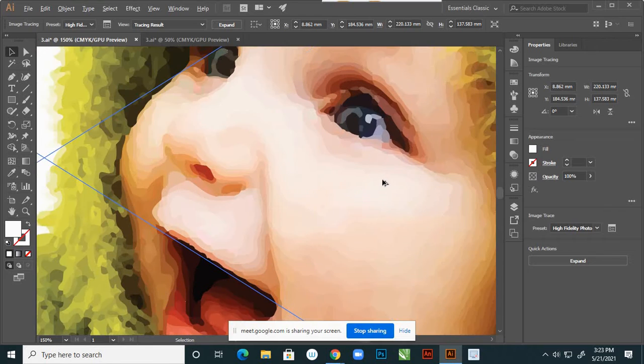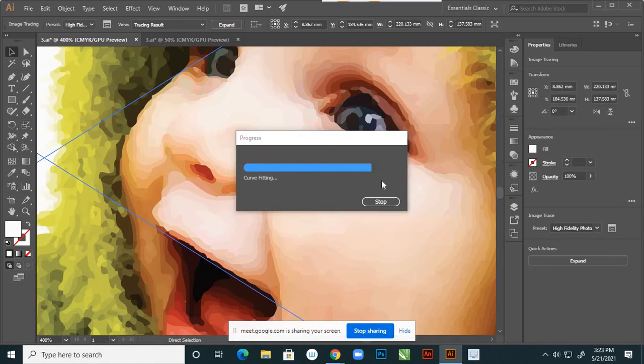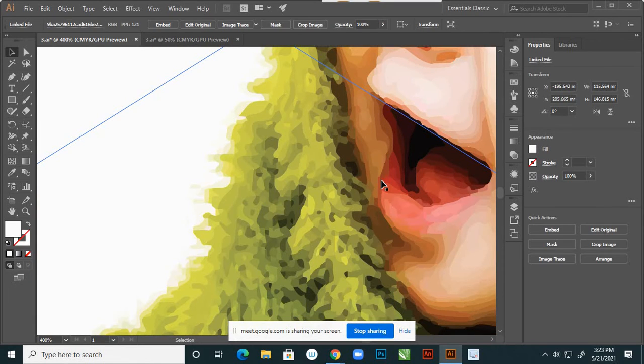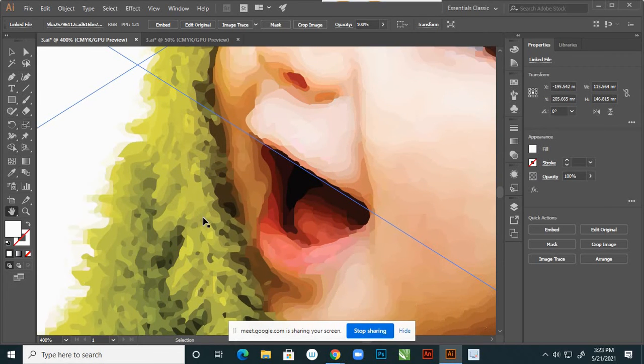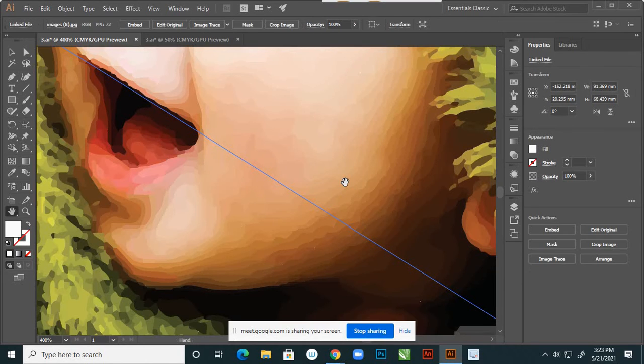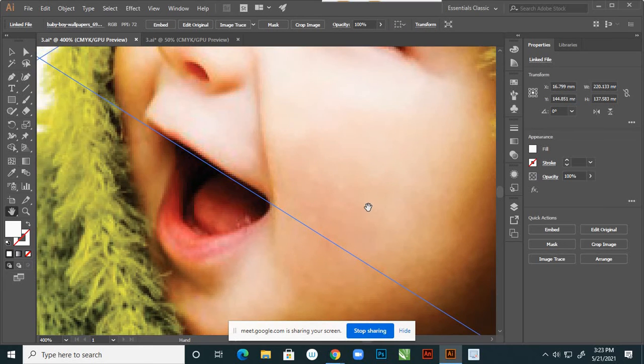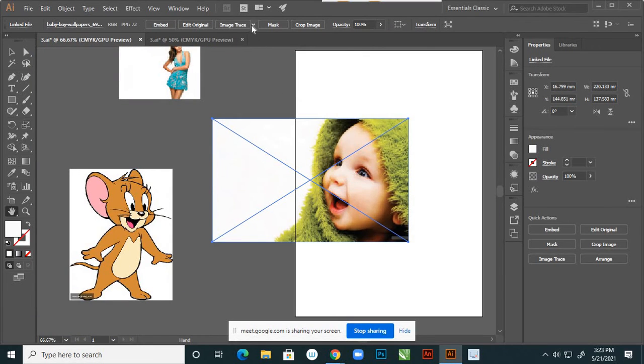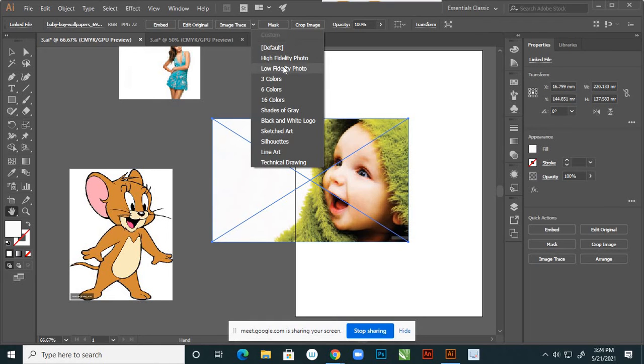Now see, this is again Control Z, changed into image bitmap. So again one more Control Z, still it is in vector. So I'm using Control Z, and again. Yes, this is right. So here other options are low fidelity. That means what? That low quality that shows. So instead of that, I'm using here 3 colors. Suppose sometimes you want your multicolor image into 3.